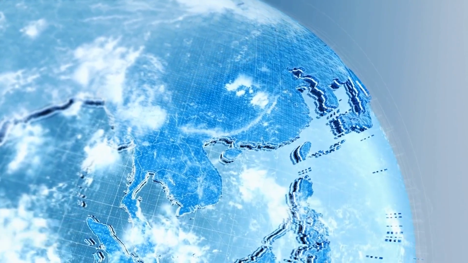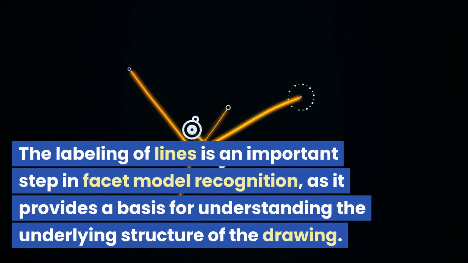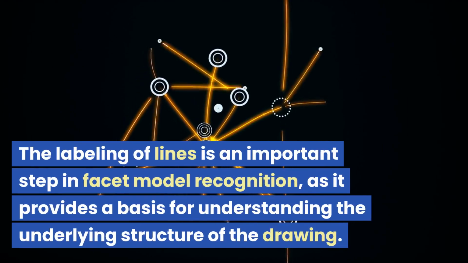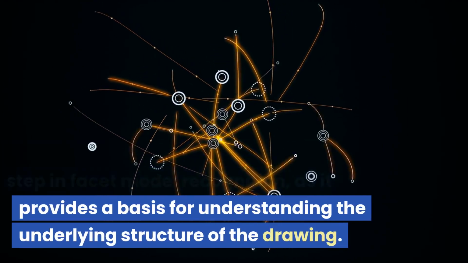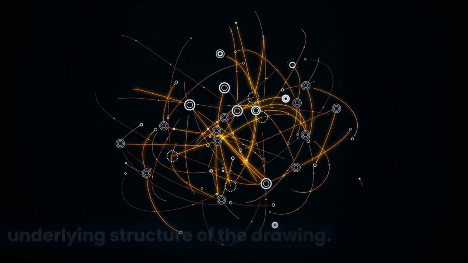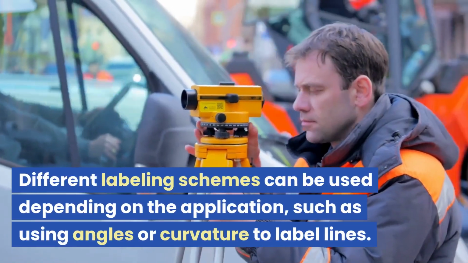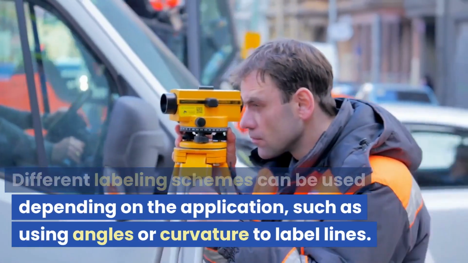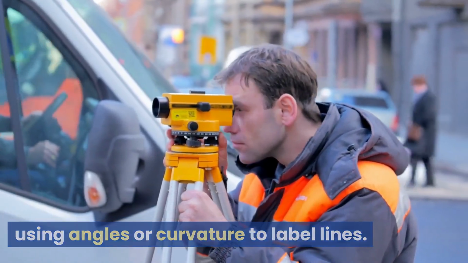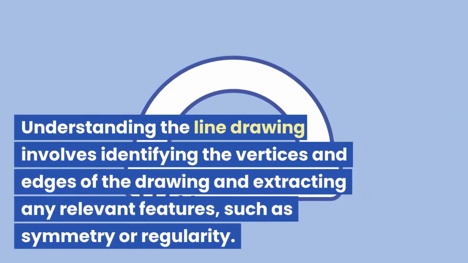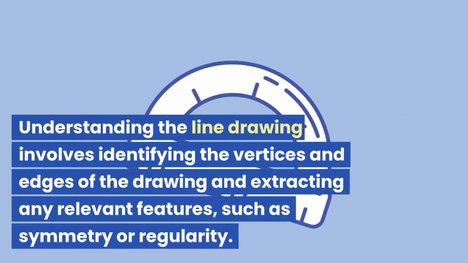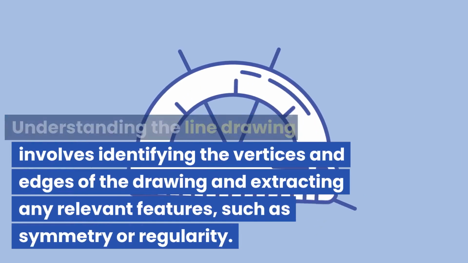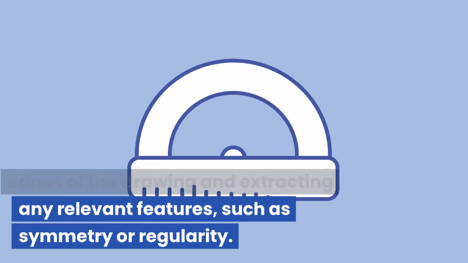The labeling of lines is an important step in facet model recognition, as it provides a basis for understanding the underlying structure of the drawing. Different labeling schemes can be used depending on the application, such as using angles or curvature to label lines. Understanding the line drawing involves identifying the vertices and edges of the drawing and extracting any relevant features, such as